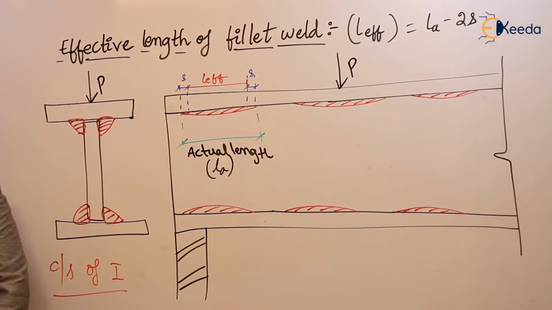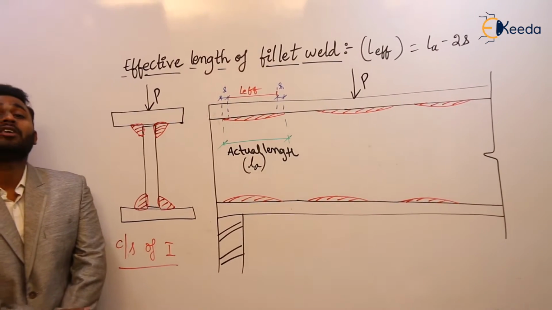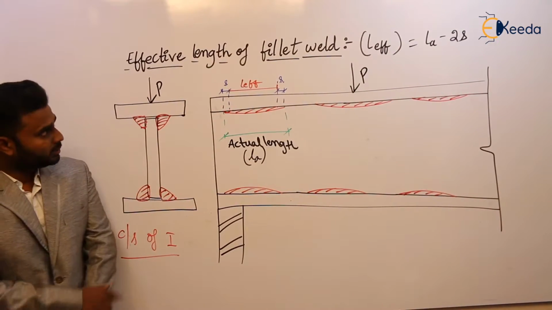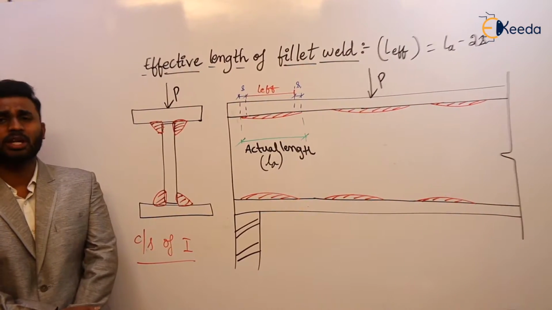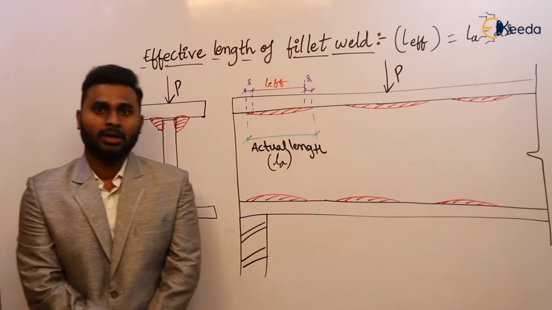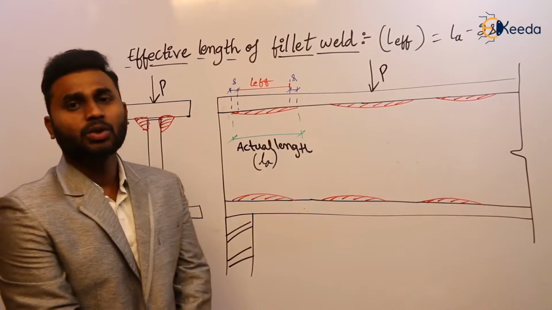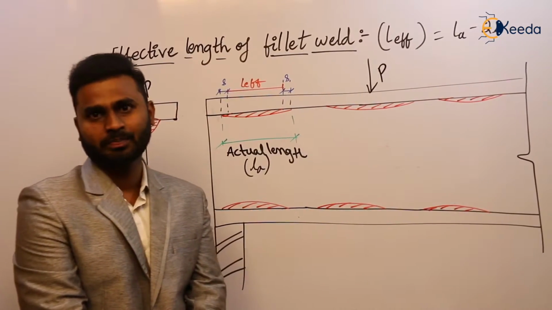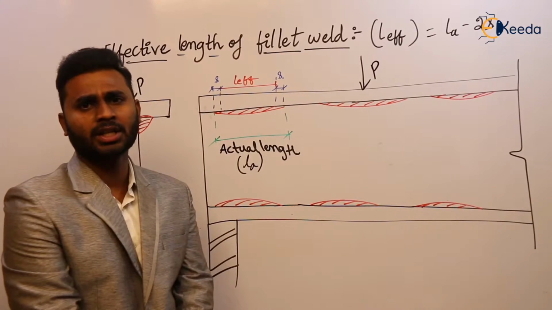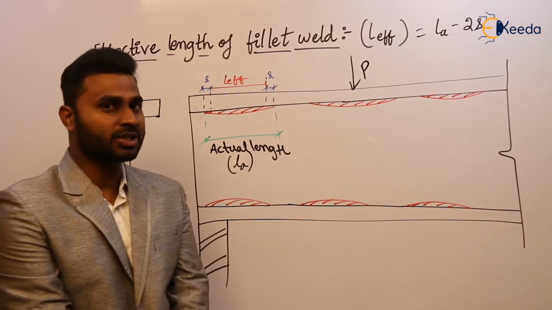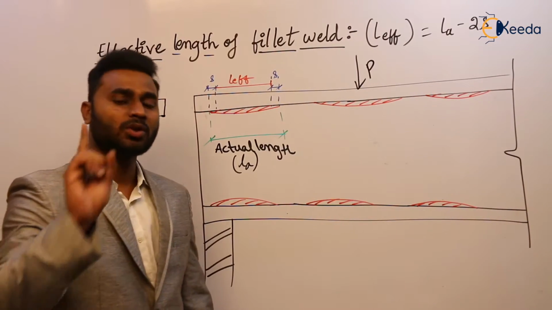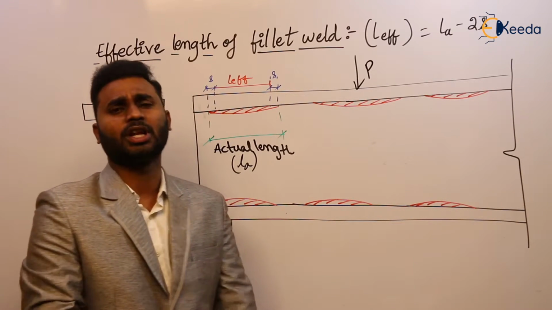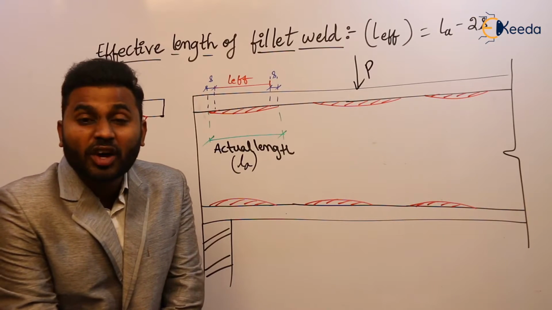Now there exists one provision regarding the intermittent weld or discontinuous weld. This provision is not valid for continuous weld. That provision is nothing but pitch. Clear? Once you tell me, what is the maximum pitch for bolted connections? We have discussed in detail all the provisions in bolted connections. Here also we are going to repeat one provision, that is the maximum pitch for fillet weld.